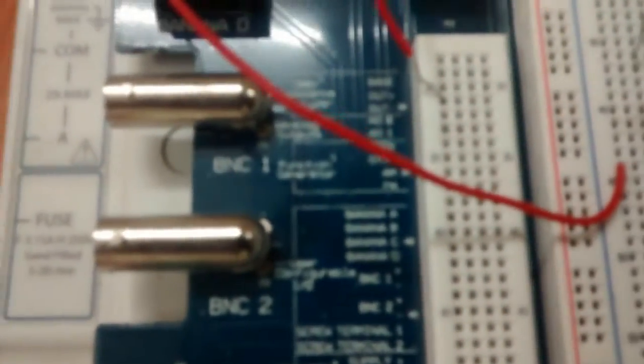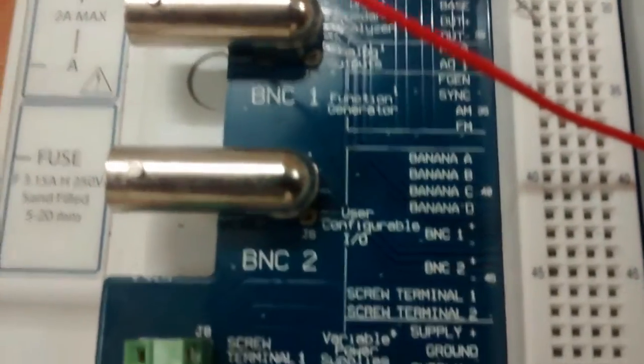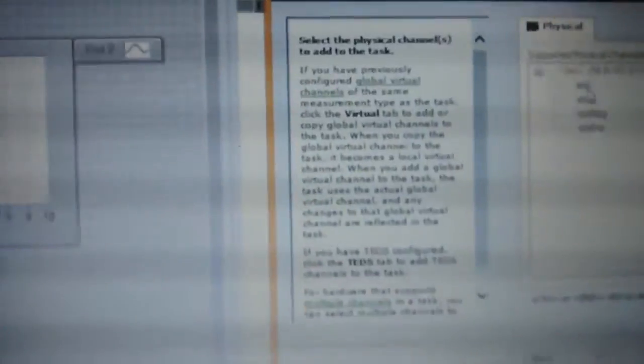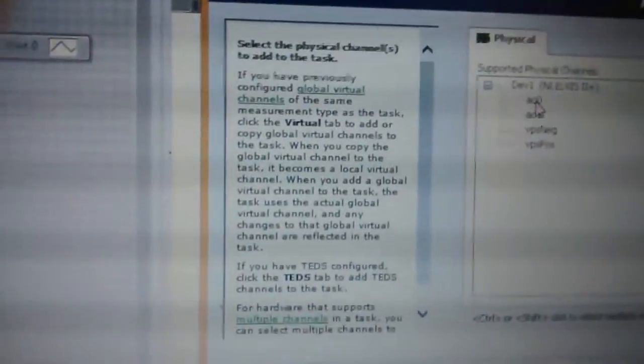Here analog output is there. Here I connected this positive terminal to AO0. Here we can see AO0. Select that one.